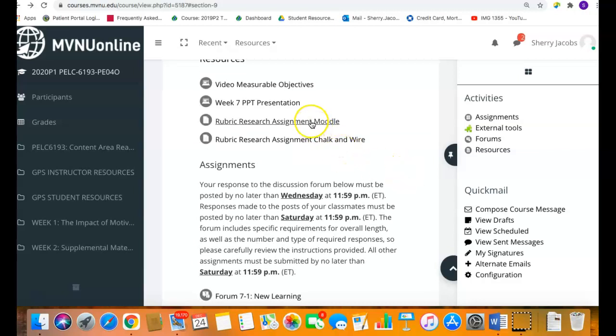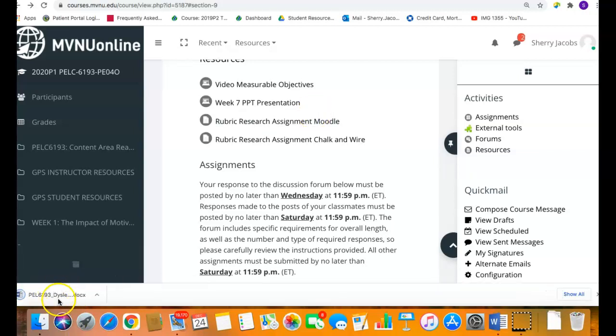Remember this week we need to have our research assignment turned in. And we talked about this earlier in the course, actually on week 1 and a couple of other weeks. But remember that this research assignment is due on both Moodle and Chalk and Wire. Both of those rubrics are up here, and let me explain to you the difference. We kind of went over this before, and I am going to continue to remind everyone